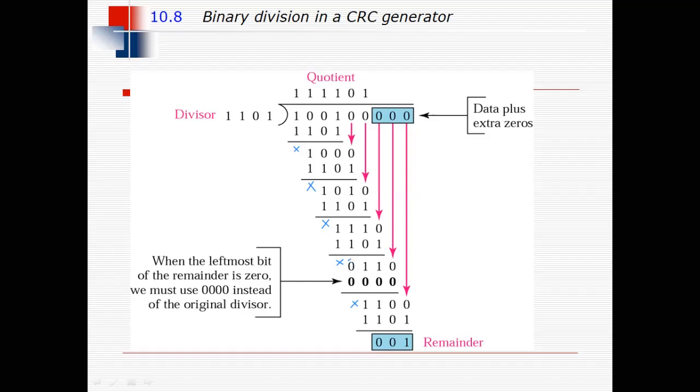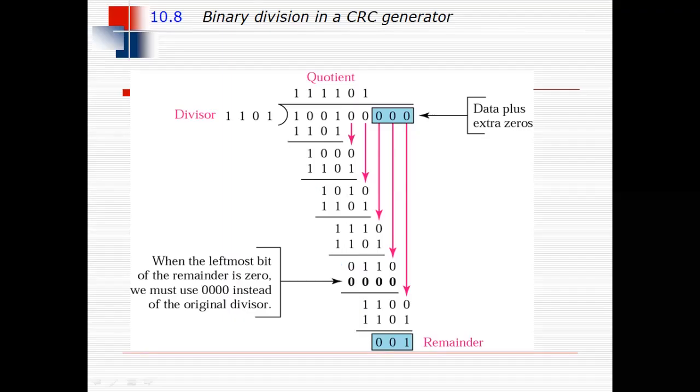So again the first bit is 1. So the quotient is 1, and we will perform the modulo 2 subtraction, that is nothing but the XOR operation. So as per our practice, we will cancel this bit position for consideration. 1, 1 is 0, 0, 0 is 0, and 0, 1 is 1. Now this particular value cannot be further divided. So 0 0 1 is our final remainder. Our modulo 2 division process is complete and we got the remainder 0 0 1.